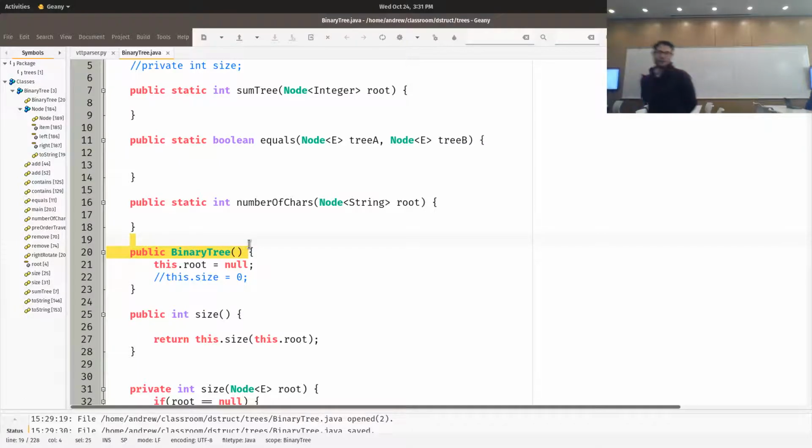The other two questions, as I mentioned yesterday, go on trees. I showed you the sum tree and the equals on Monday. By showing you, I meant I presented the problems to you without giving them a solution, to give you the chance to possibly work on that by yourself. So today I'm introducing a third problem, this number of characters problem, and then I'll go over this problem, and then you guys will work on this problem for like 5 minutes, and then you guys can work on your homework, which is also good practice